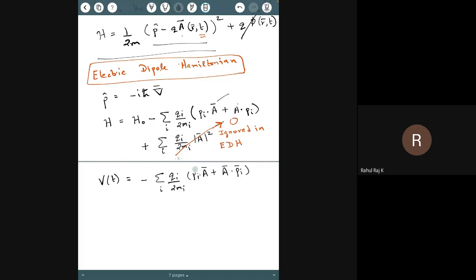So you can either be very rigorous or you can just consider them to be vectors. So operators, I am not putting hats on. So this is the V(t). And this can be also written as